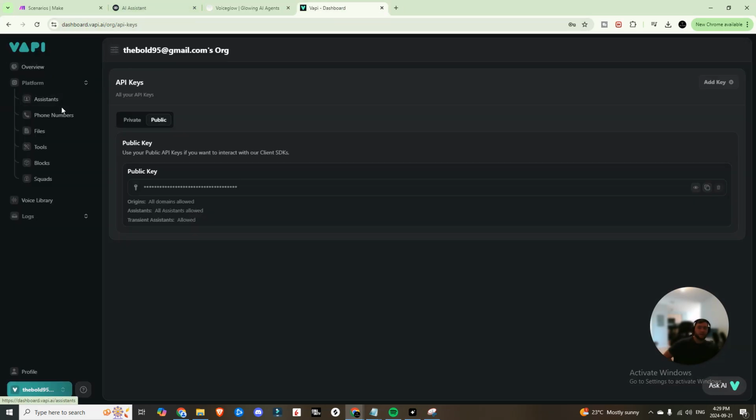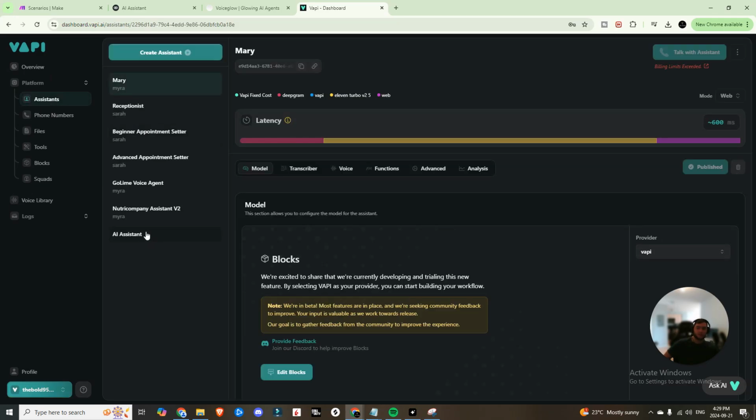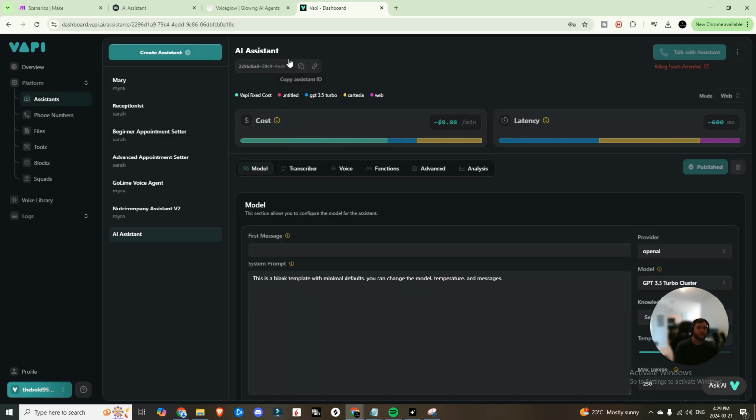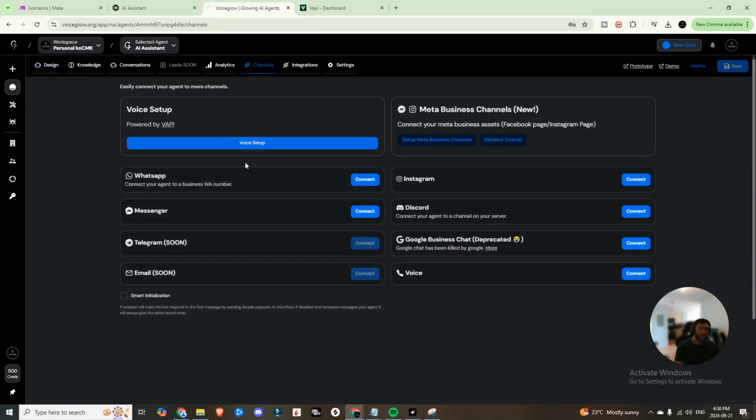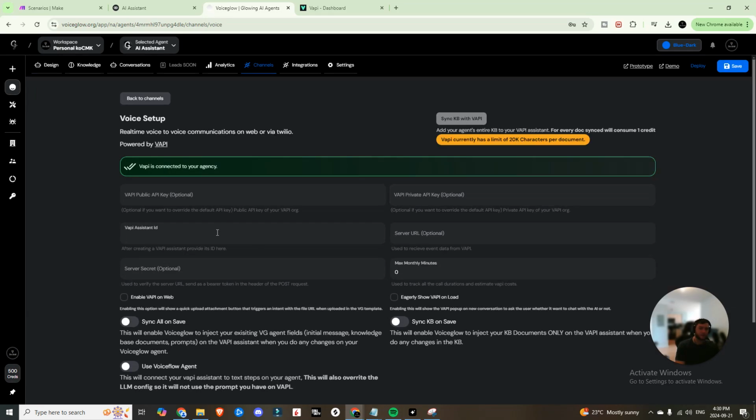Now we can head back into Vapi. We can click on assistants. We can click on the one that we just made and you'll see right here that there's an assistant ID. So we're going to copy that assistant ID. And if we go back into our agents and we click on our specific agent, we click on channels, we can paste in our Vapi assistant ID right here, hit save, and you can see that Vapi has now been